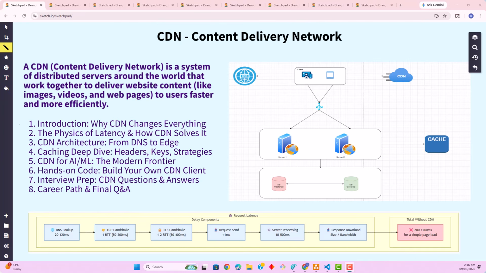So welcome to this class. In this class, we will be discussing content delivery networks, one of the important components of a scaled application. And we will be discussing in detail what exactly a content delivery network is, and the physics of